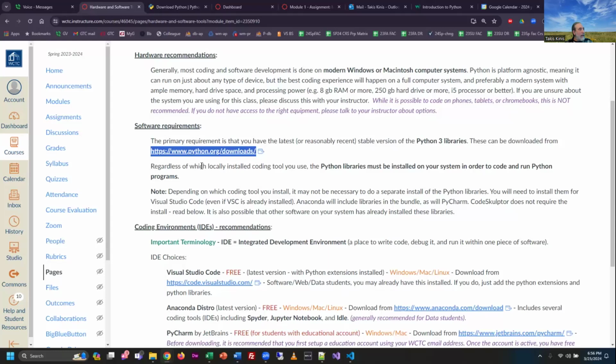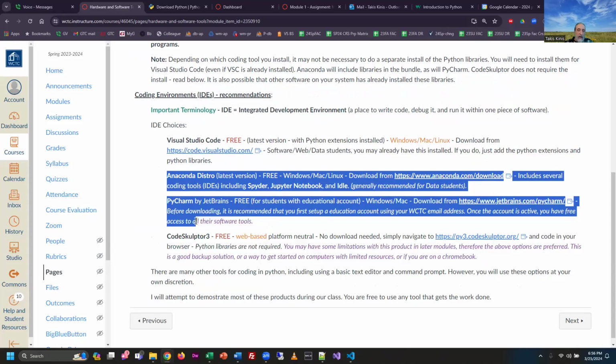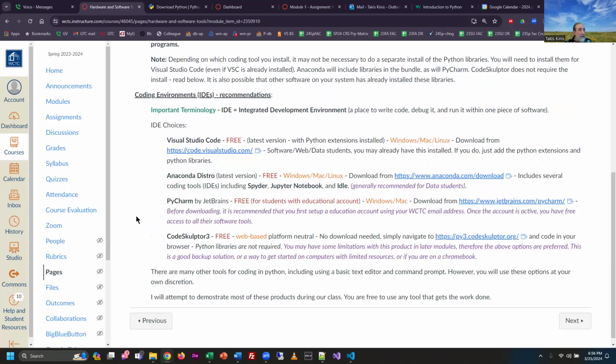And I was checking that earlier because I'm running the Anaconda distro, and I haven't updated it since fall, I think. And I was noticing, I think it was on version 3.8, and the current version is 3.12. And I thought that was kind of fascinating. So that's why it's a good idea to do this first, because then if you install these two items here, whichever one you choose, instead of using its more antiquated version, it will use the new version, right,